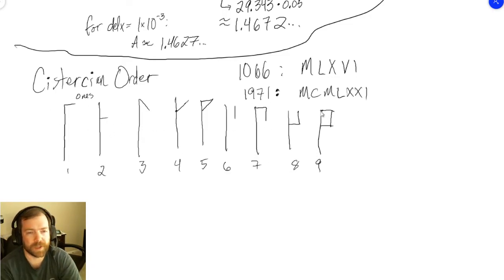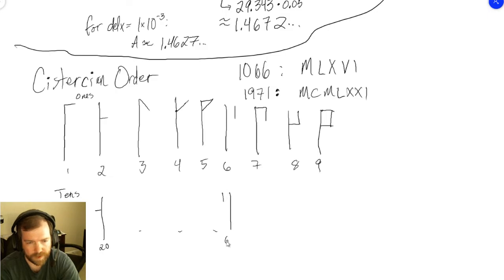So the ones place was all at the top right-hand corner. And then the tens place was at the top left-hand corner. So you'd have your 1s, your 2s, your 3s doing all this. So this is 10. If we wanted 20, that would be here, and so on and so forth, right? We could do 60,